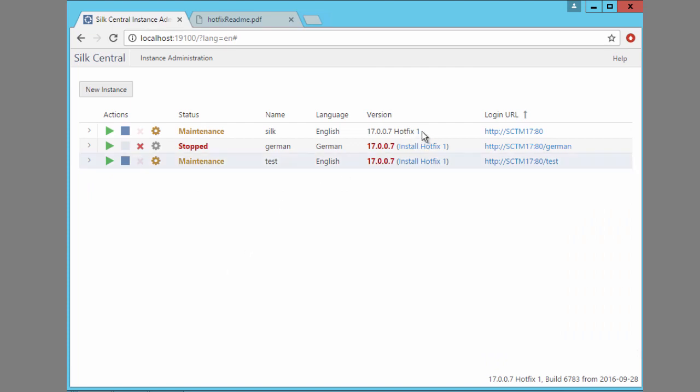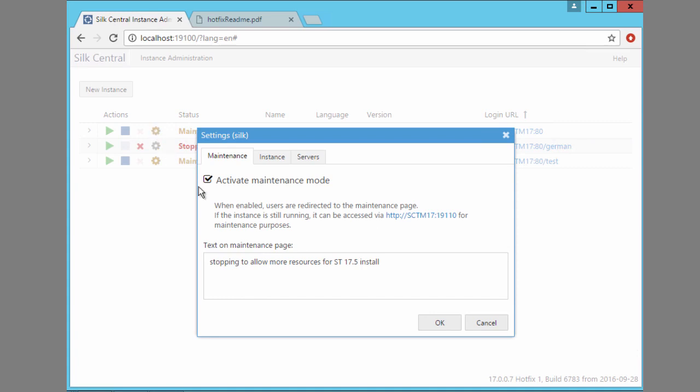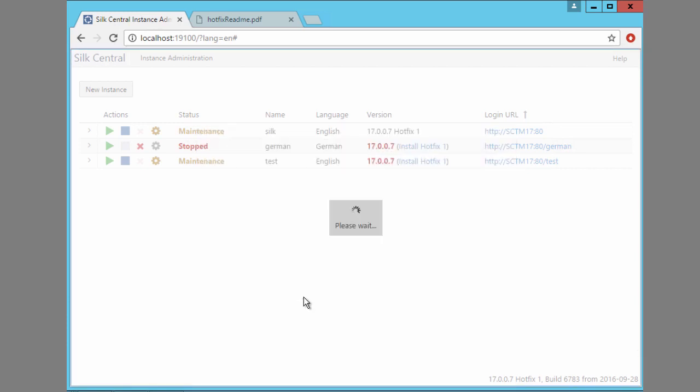So very quickly, I'll just go into here. Go into the cog wheel, which is essentially the configuration. What I really should have done, and what you will do in production, is just delete this, and for the text on the maintenance page, for whenever you apply the hotfix, simply just enter stopping the service to apply the hotfix. Essentially what that does is, any user that attempts to access Silk Central while you're applying the hotfix, this will be presented as a prompt, just to say, the services are no longer active at the minute, we're currently